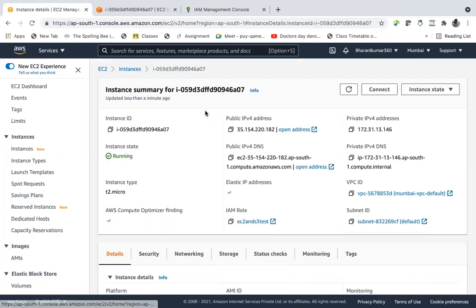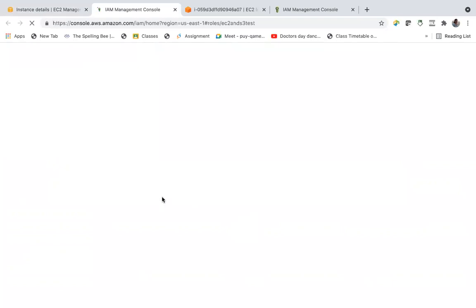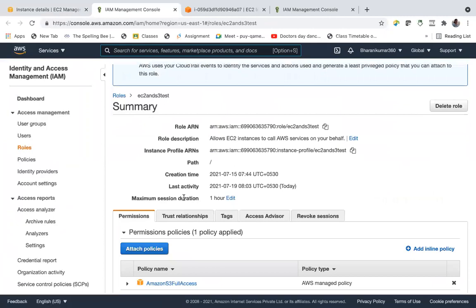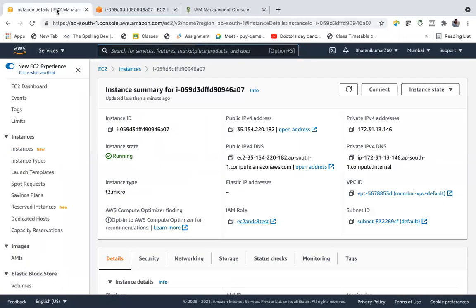Click on this. See, there is a role EC2 and S3 test which assigns permissions to access S3. S3 full access is there for EC2. So let us talk about this later. Let's see if the CLI access works again, then we will see with the interface endpoints, right? And how to use interface endpoints.